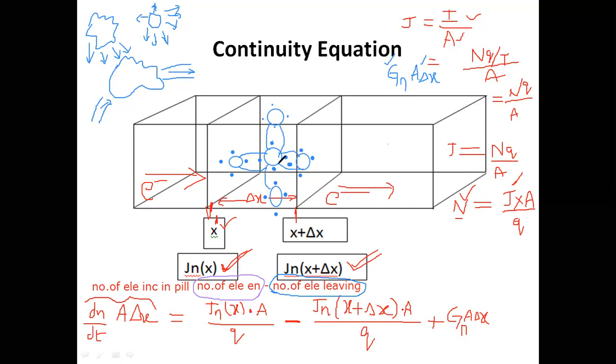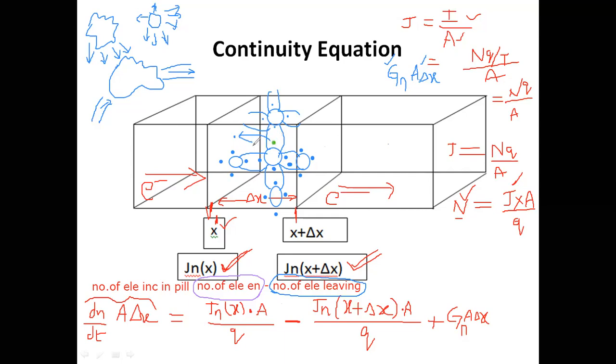What will happen if a bond breaks? If a bond breaks, then the silicon atom's electron will come outside. Let us suppose this electron is coming out, and I have a vacant space here called a hole. Electron comes outside, then I have a vacant space here called a hole. I will take another color to represent the hole. So there is a hole here.